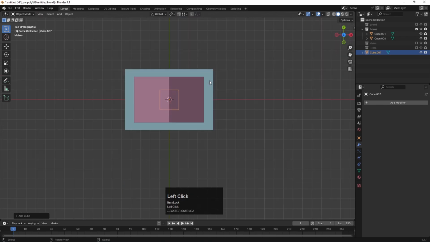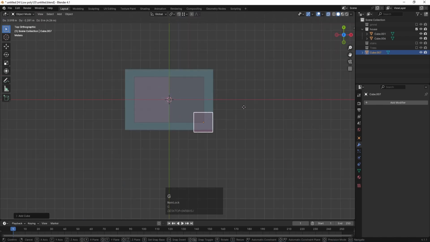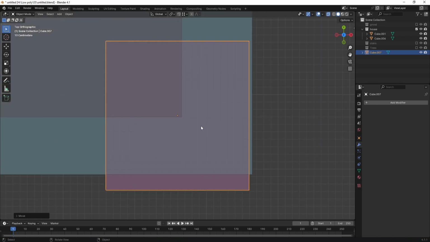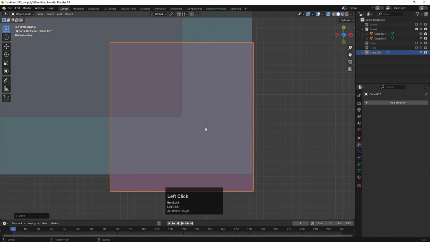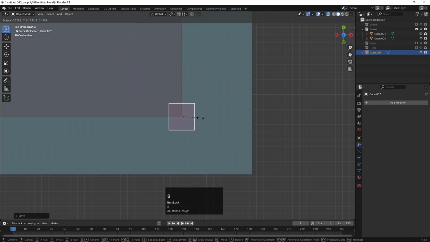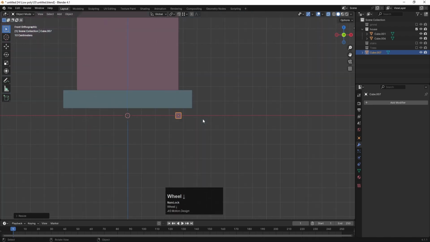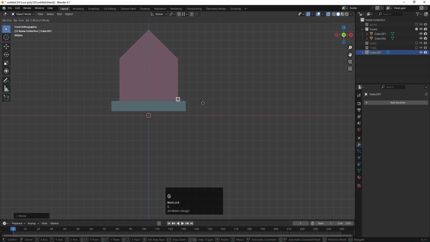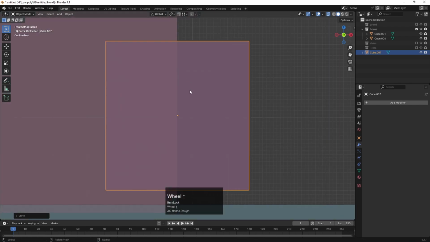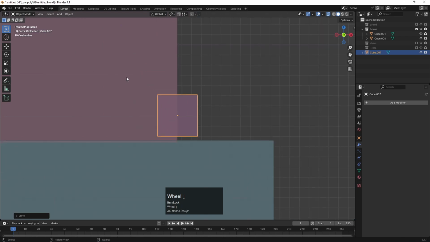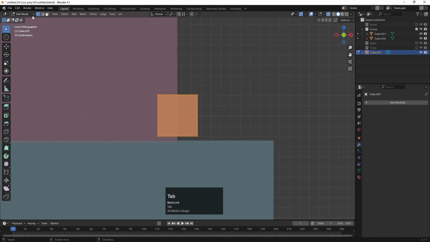Go to the top view, hold Alt Z, press G and try to bring this over here. Choose and press G and try to adjust over here. Then press S and let's scale it like this. Okay, go to the front view, press G and let's move this over here, G Z. Okay, now I'm going to press tab for edit mode, press 1 which is a shortcut key for vertices, select